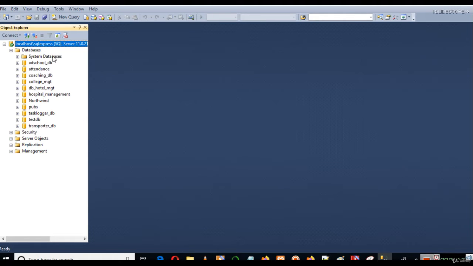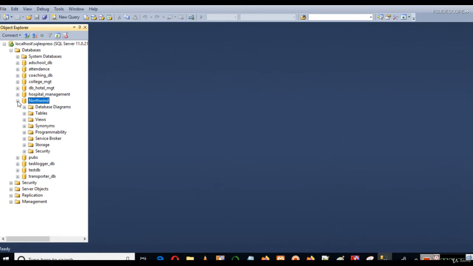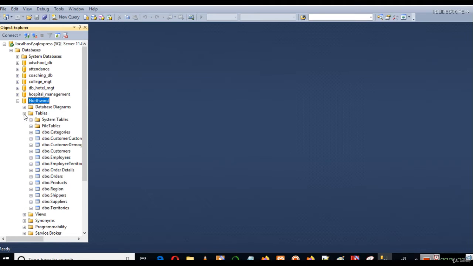You can see I have these databases here, and I have imported the Northwind database here also. Inside this Northwind database, you can see tables. You can see the same tables that I had there are here also.